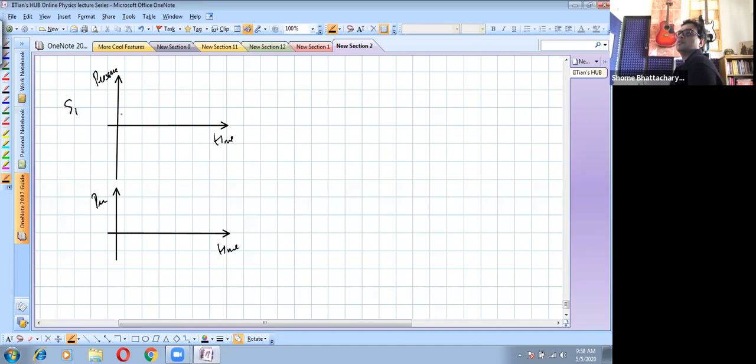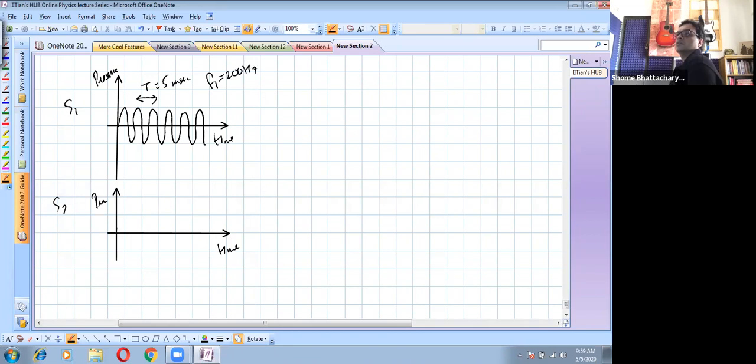This is from source S1. Suppose this is varying with time like this. And that one was 200 hertz. So this time period is 5 milliseconds. Now from source S2, the frequency was